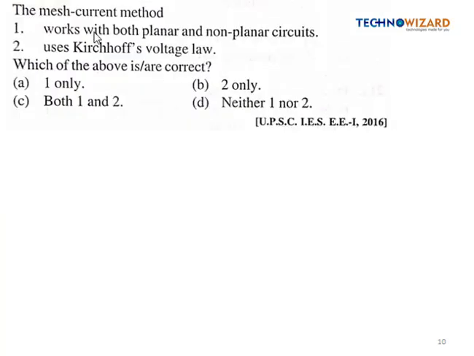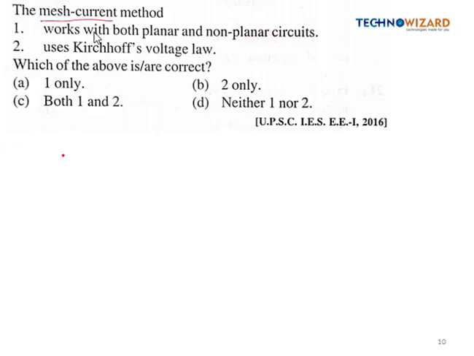So next question is, the mesh current method works with both the planar and non-planar circuit, uses the Kirchhoff law. So basically mesh current method is only applicable for the planar network. It's not applicable for the non-planar circuits, because